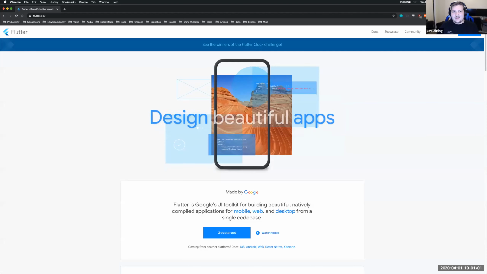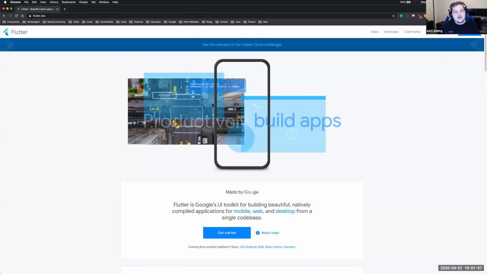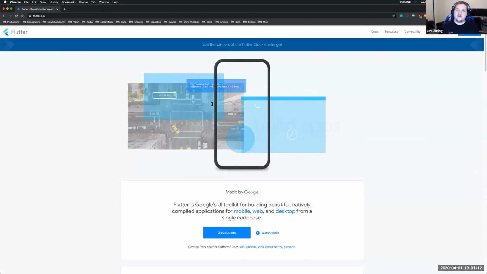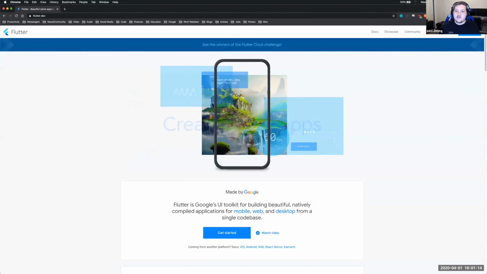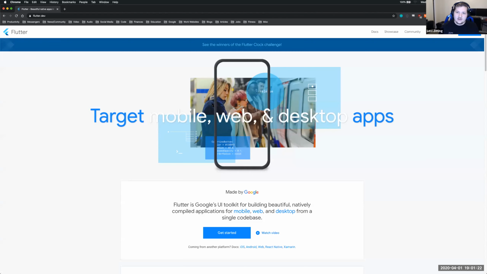Also tried things like Xamarin Forms. But we just weren't really happy with how easy it was to iterate on platforms like that. And eventually, in fact, Mike, who also works at Hero, had suggested looking into Flutter. And after giving it a shot, I kind of fell in love with it pretty quickly. It turned out to be a really good fit for us, at least, and provided the kind of flexibility that